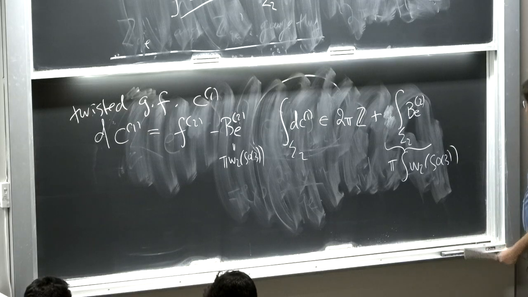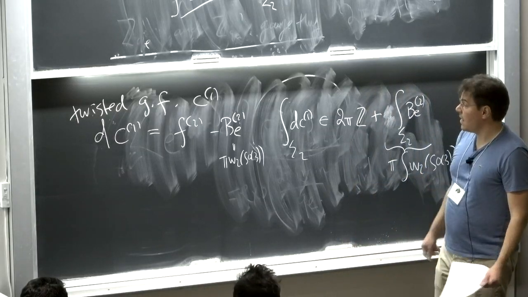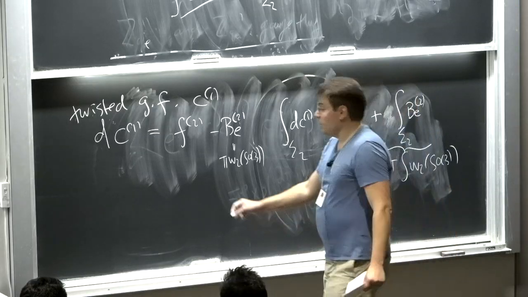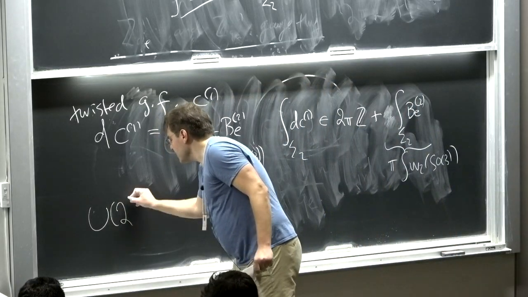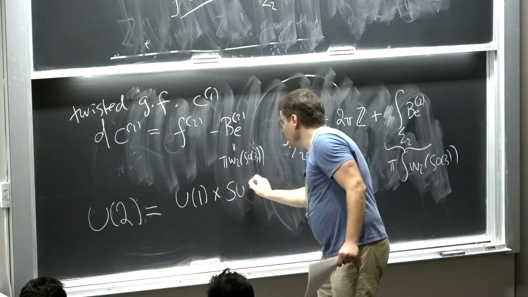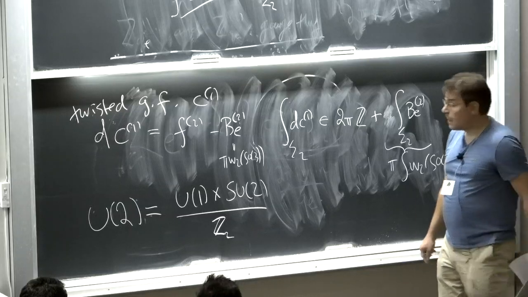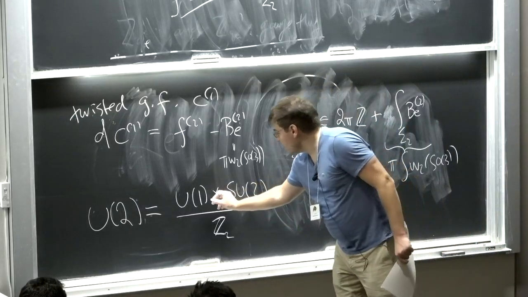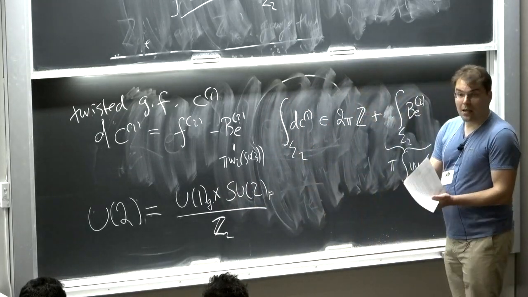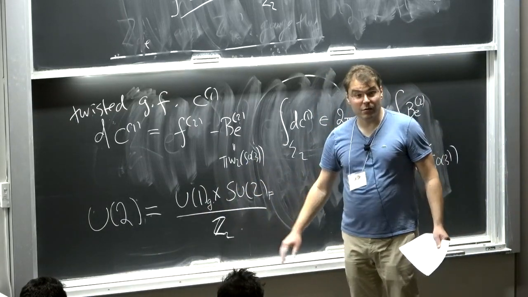Very good. Now, this type of twisted gauge field, which I think Greg was anticipating a while ago, has a very natural description in terms of U2 gauge fields. What we are actually doing is describing a system that has a U2 symmetry. U2 as a group is U1 times SU2 with a common Z2 that's shared. In our example, the U1 is gauged, and the SU2 is a flavor symmetry. If you mod out by the gauge symmetry, then you get SU2 flavor mod Z2, which gives you the SO3 flavor symmetry.